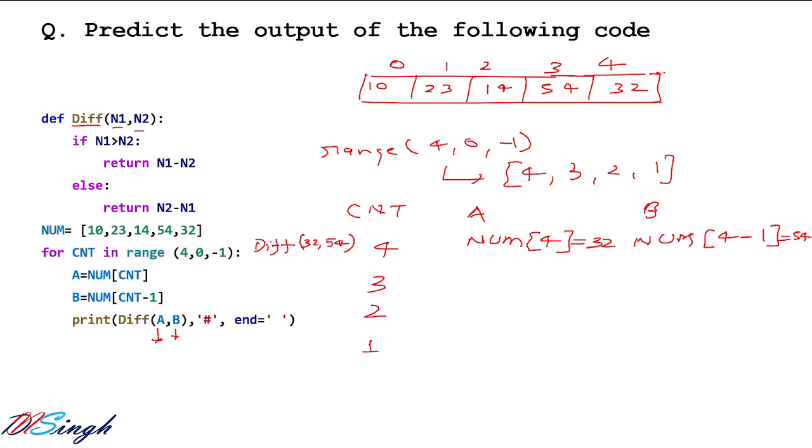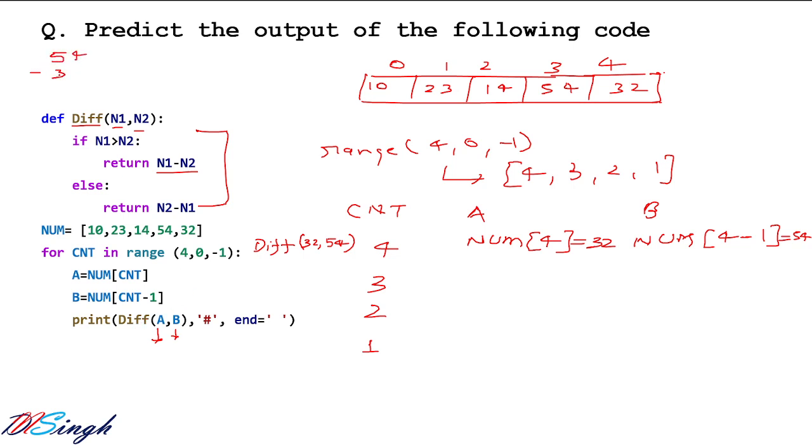And what is the difference between these two? Because what this code is doing, this code is giving the difference between n1 and n2. If n1 is greater than n2, then n1 minus n2 is calculated. Otherwise, if n2 is greater than n1, then n2 minus n1 is calculated. So what we will get in return for this call, the return value will be 54